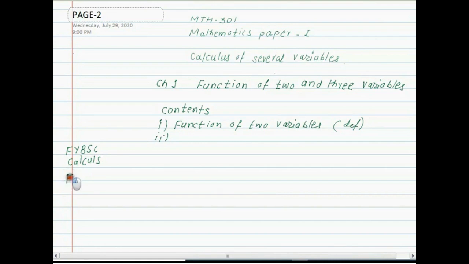A function of one variable is studied with respect to these properties: limit and continuity,